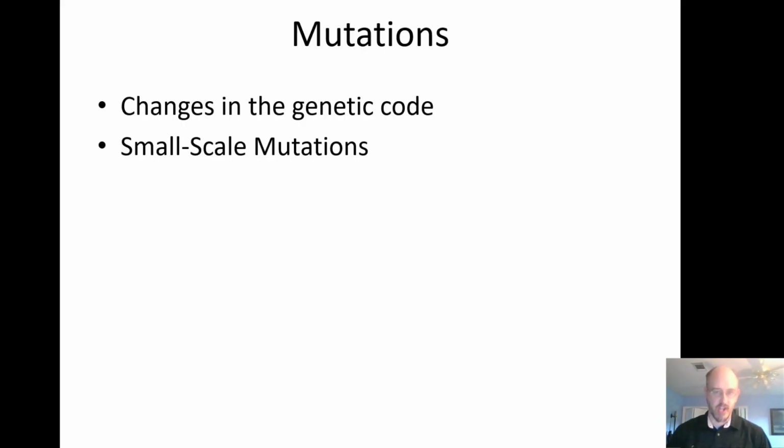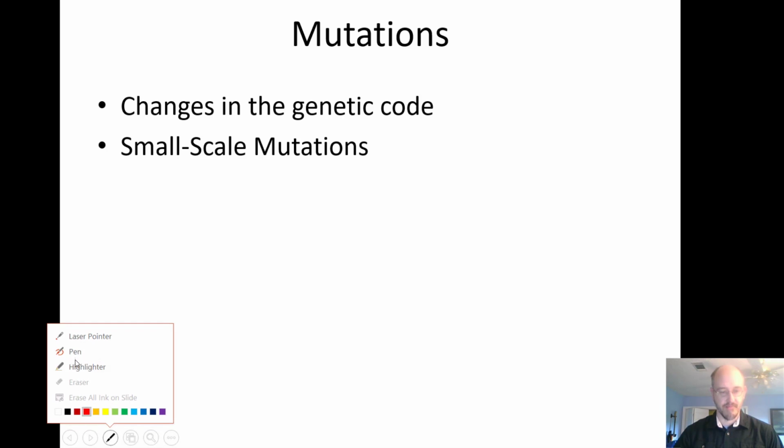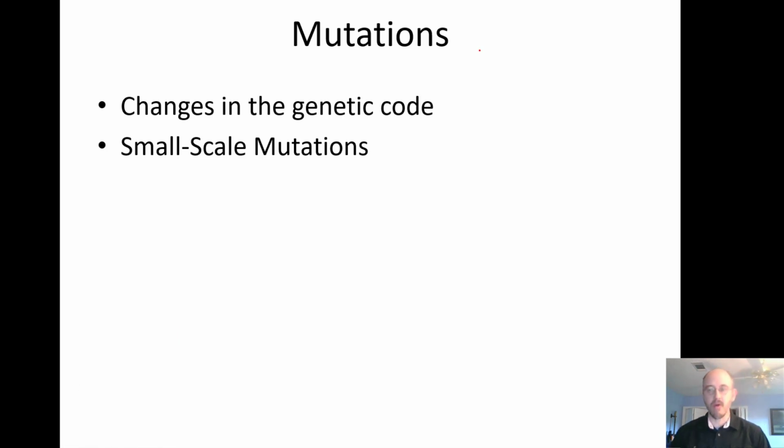Now, the last part of this chapter deals with mutations. Mutations are changes in the genetic code. These are errors made when the cells are copying their DNA, when things are done incorrectly. And mutations have the most impact when they occur in cells leading to sperm or egg, because if a sperm or an egg has a mutation in it, then every cell of the organism produced by that sperm and egg